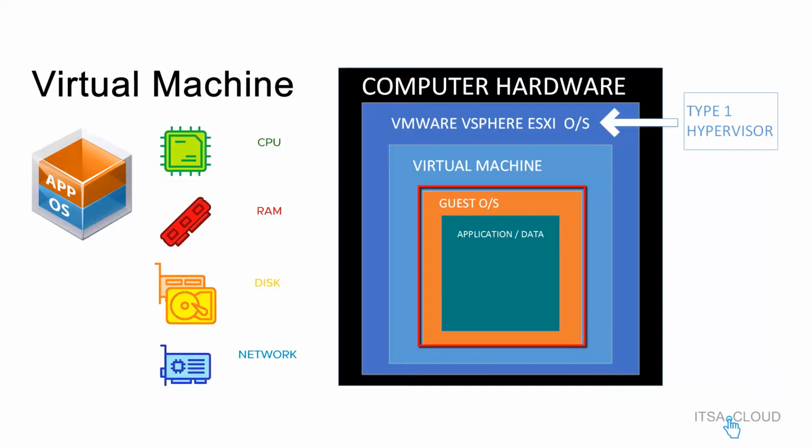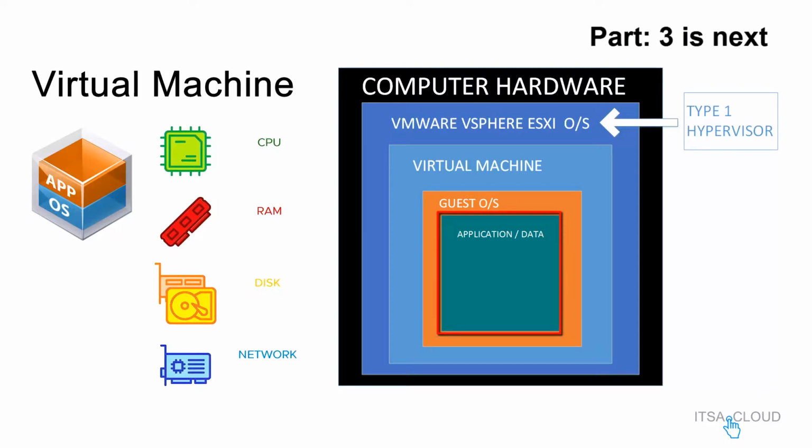Okay, so after you create that VM, all you have to do is install the operating system. Remember, a virtual machine is just like a regular computer. But you need the operating system, the guest OS, which is going to be Windows or Linux, right? After you have all that done, all you have to do is install the applications, right? The applications you install in the operating system for the master image or for whatever purpose you are working on, and then the data is going to be the files, documents, pictures, or whatever you put into that virtual machine. All right.